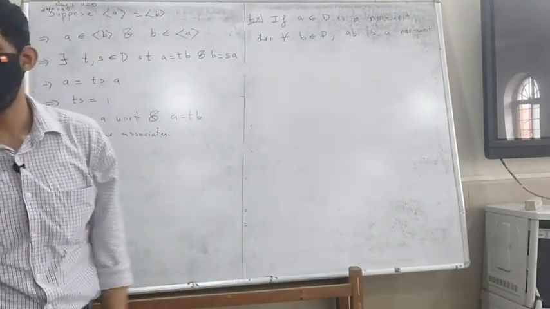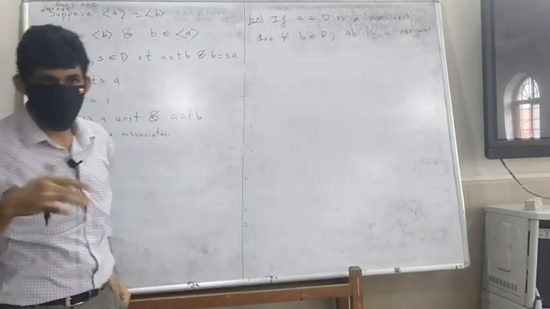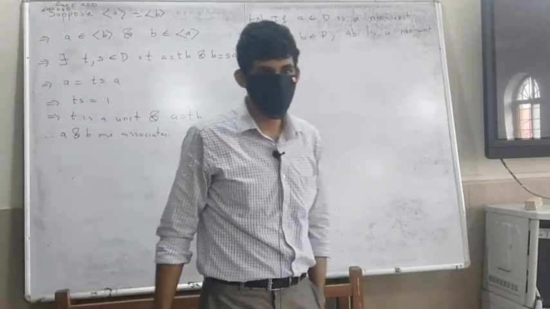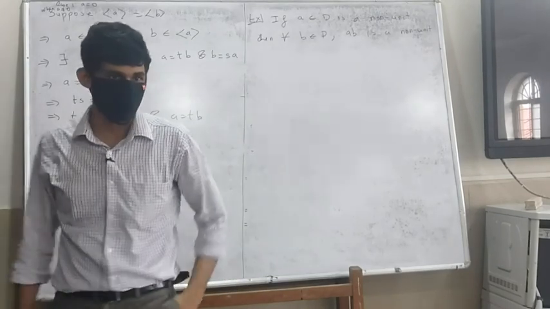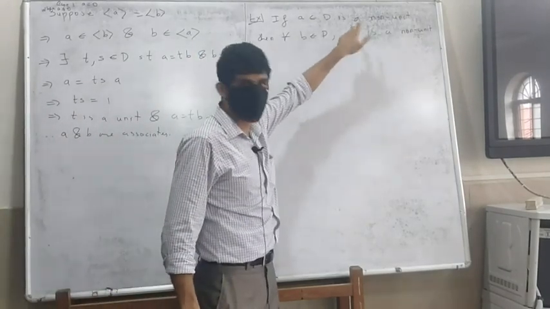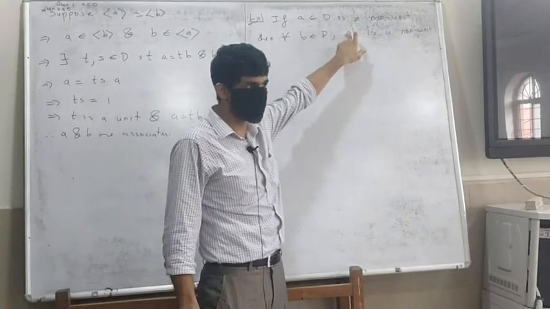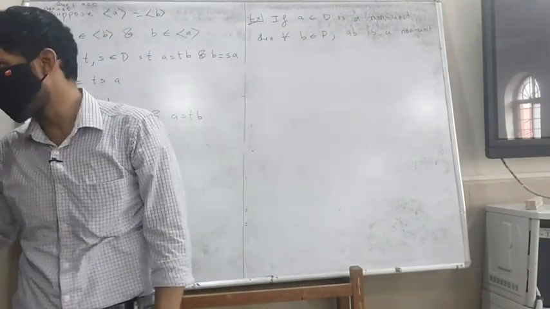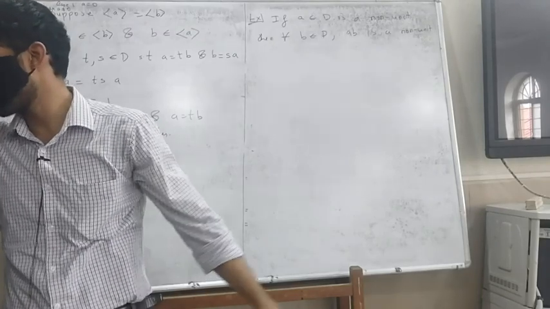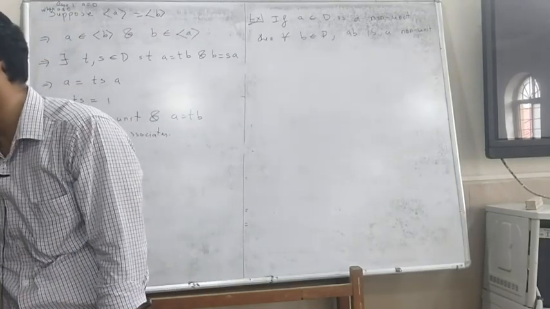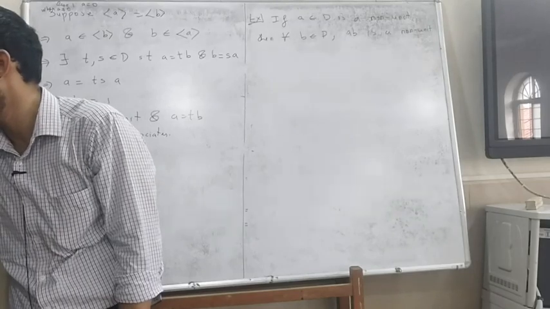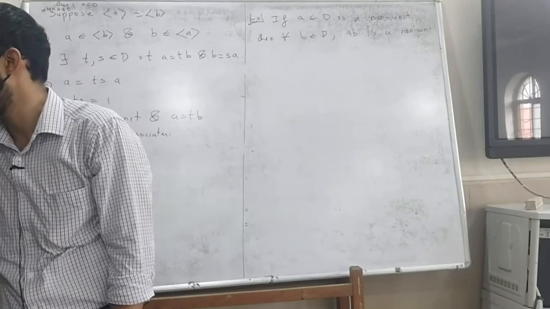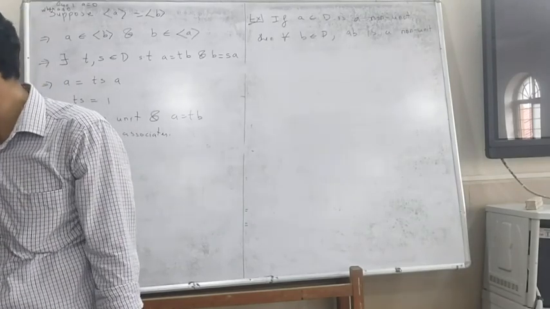So simple to see that if this is a unit, I'm just proving what? The contrapositive. Right? If you want to prove that P implies Q, it is equivalent to proving that not Q implies not P. So if this is a unit, then that is a unit. Same as saying that if I multiply things to non-units, they keep them as non-units. Okay, so every prime is irreducible we have done.